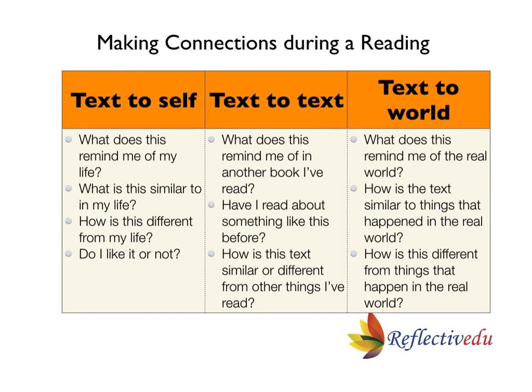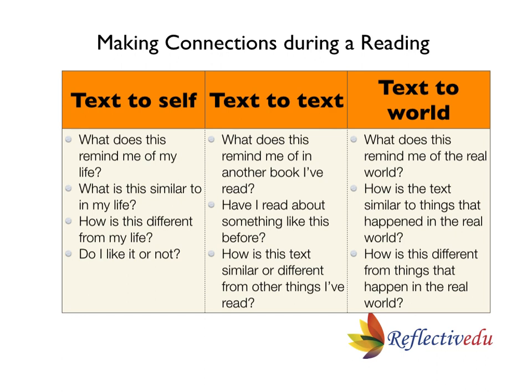There are three different ways a child can connect with a story: text to self, text to text, text to the world. For example, in text to self, children remember their past experience so they can relate it to the story. When I read Little Red Riding Hood, I recalled how my mother would ask me to do errands around the house.